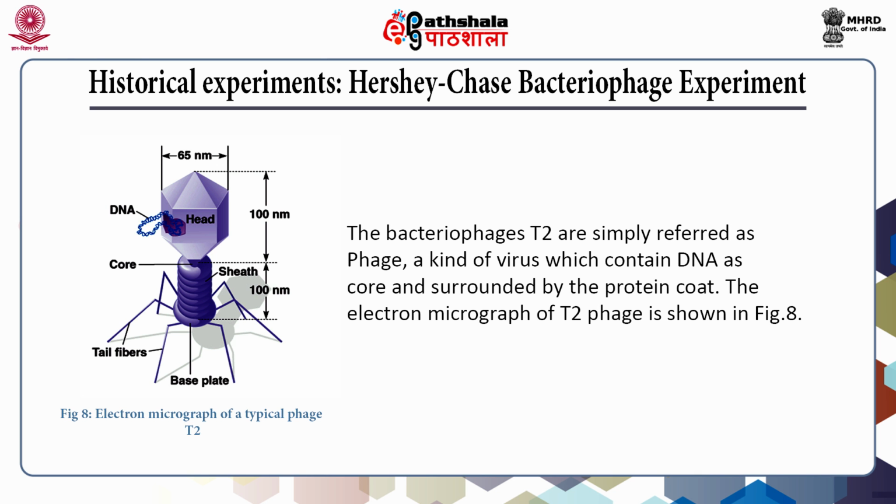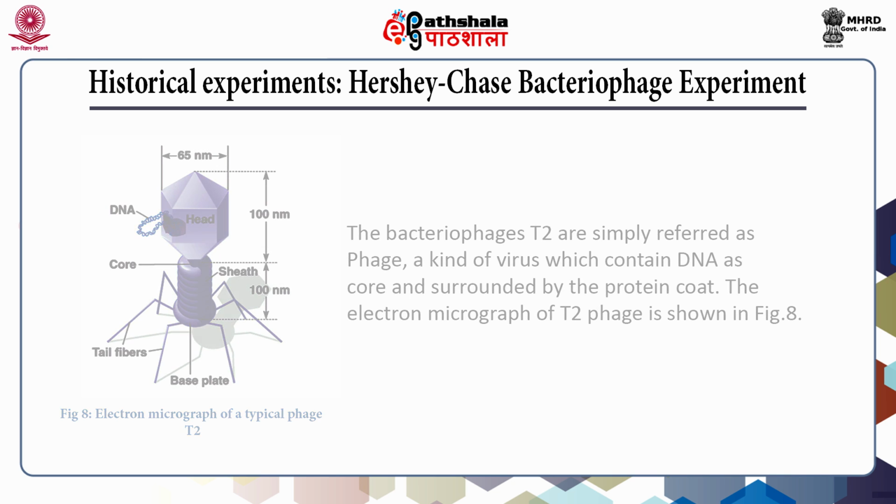This shows the historical experiment of Hershey and Chase. They used a virus called bacteriophage T2. This bacteriophage T2 is simply referred to as phage also. It is a kind of virus which contains DNA as core and is surrounded by the protein coat. The electron micrograph of T2 phage is shown in the figure. You can see here that the head is containing DNA, and other than that core, every other material is